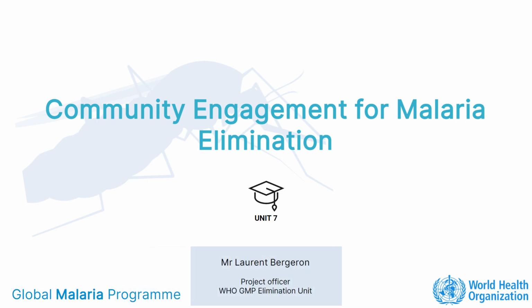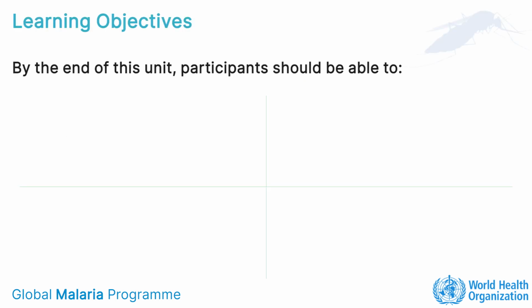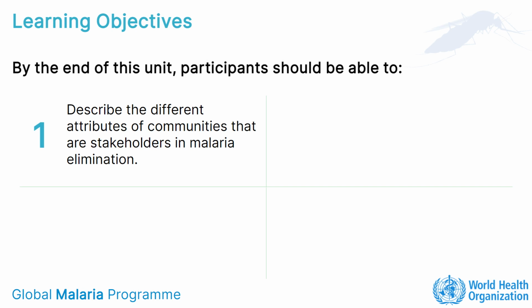Community engagement is an essential part of implementing a successful malaria elimination program. Let's spend some time to understand how to improve engagement of communities in malaria elimination. By the end of this unit, you should be able to describe the different attributes of communities that are stakeholders